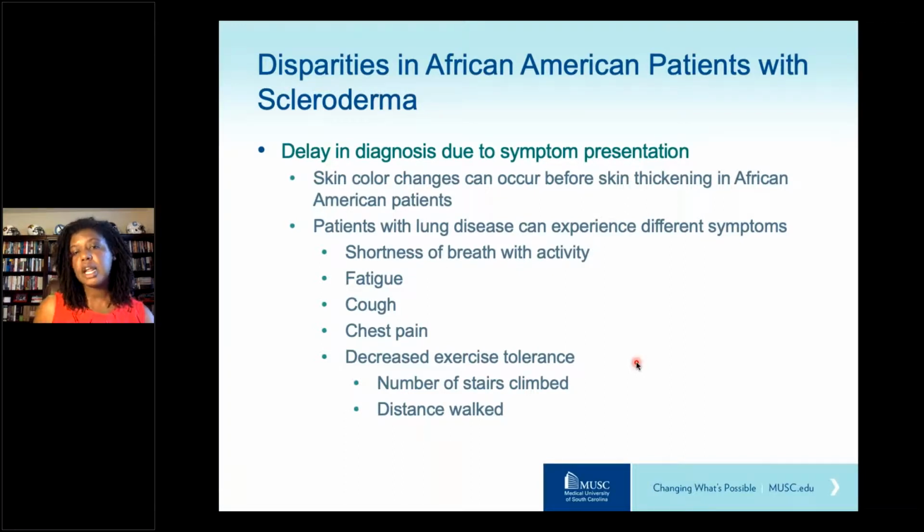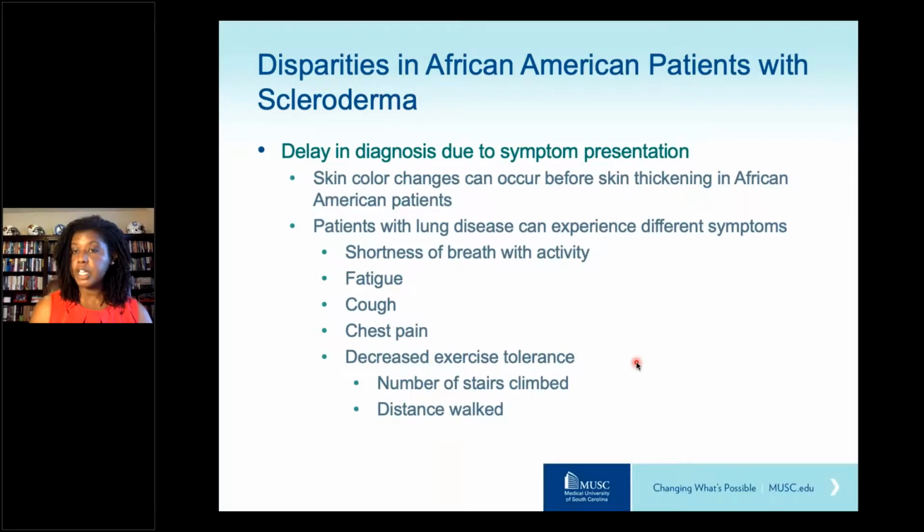Additionally, patients that have lung disease can experience a wide variety of symptoms, and sometimes those symptoms aren't necessarily thought of as related to lung disease. So shortness of breath with activity is a classic symptom that can be seen with lung disease. However, before a patient develops the shortness of breath with activity, they could have symptoms such as fatigue, dry cough,